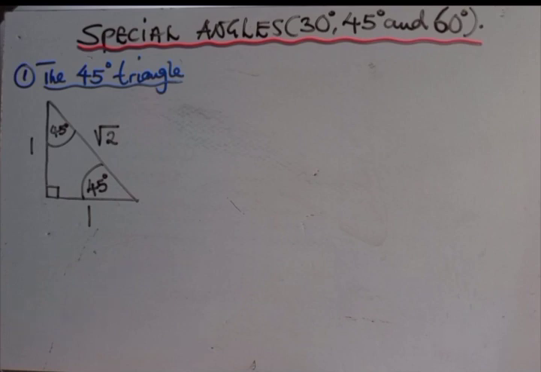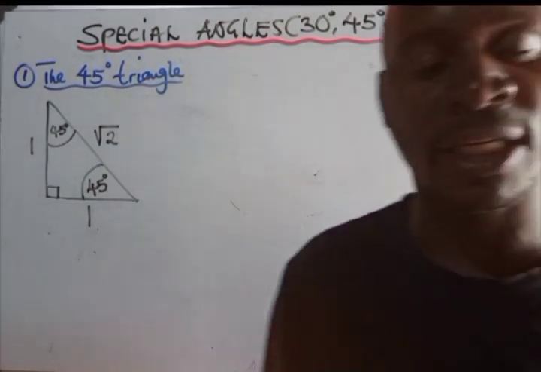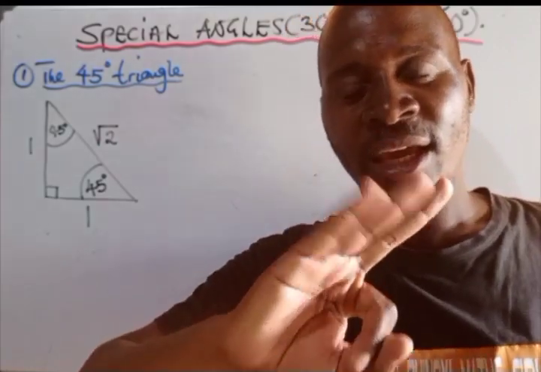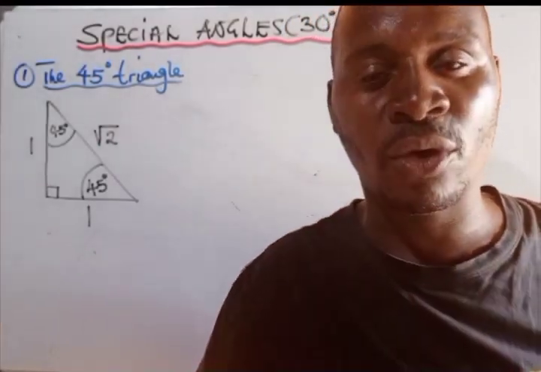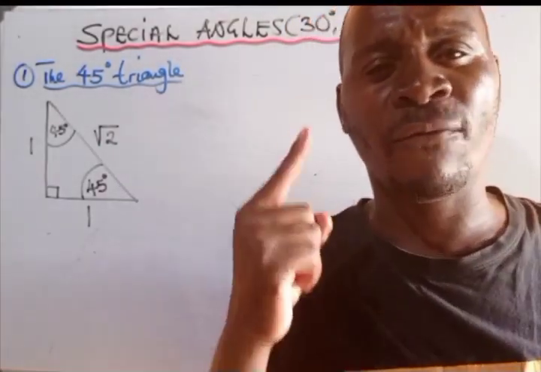So expect such kind of questions in paper 1, because paper 1, I'm talking about the Zambian syllabus, we don't use calculators. Okay, so we want to look at the first one, which is 45 degrees. If you have a triangle, remember a triangle has 3 sides, and the angles in a triangle add up to 180. So if you have 45